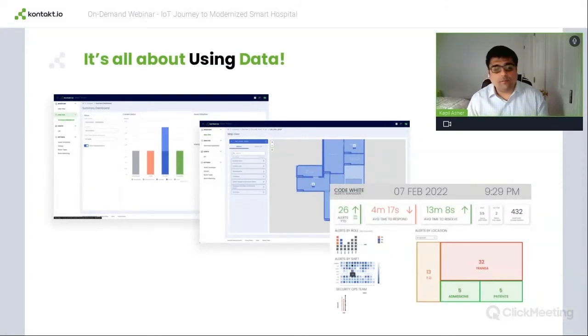Like maybe they want to hire more staff members over a shift or in a single department. And what this does is, instead of anecdotal requests from nursing or other staff members, there's actual data to back up and justify that additional spend, right? So if your CFO is asking, why do you want to hire more people? You can provide a report and show them the trend of how this is so important and critical